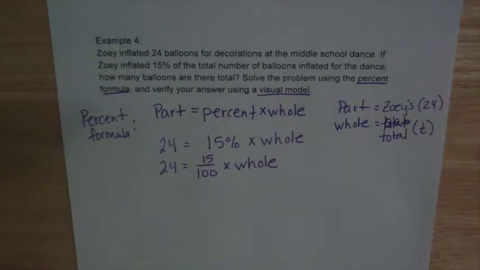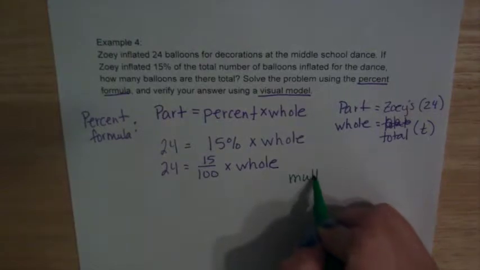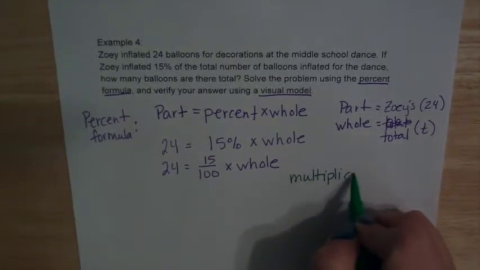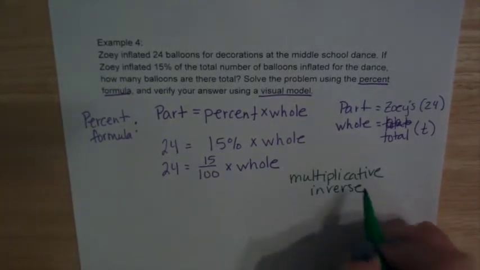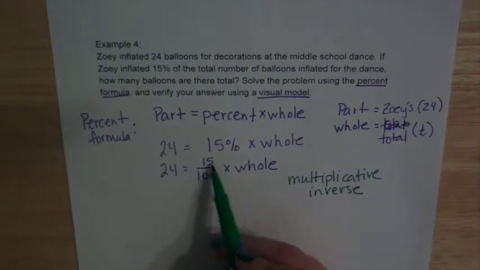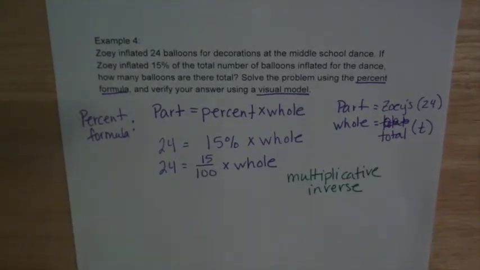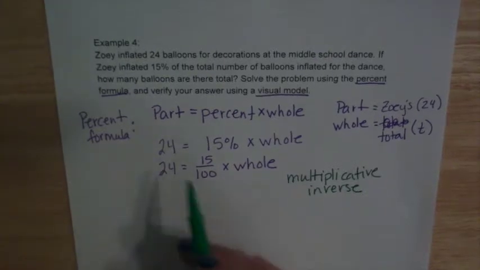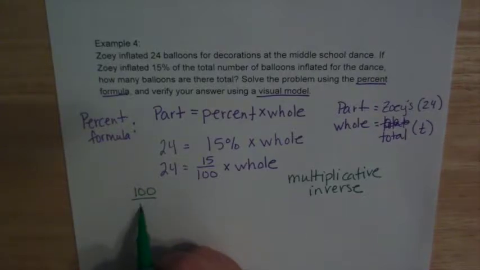Now, in order to solve this one, we're going to have to use something that you talked about in numeric analysis, which was your multiplicative inverse. So that means we're going to take this piece that we are multiplying by that we know, and we're going to multiply by its inverse, or flip it upside down. And what we do to one side, we do to the other side as well. So I'm going to write the multiplicative inverse in green. So 100 over 15